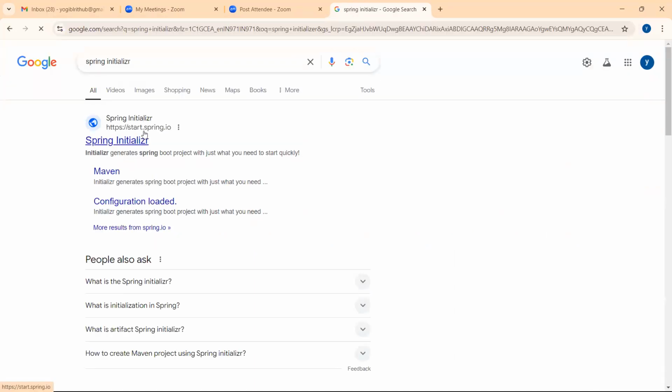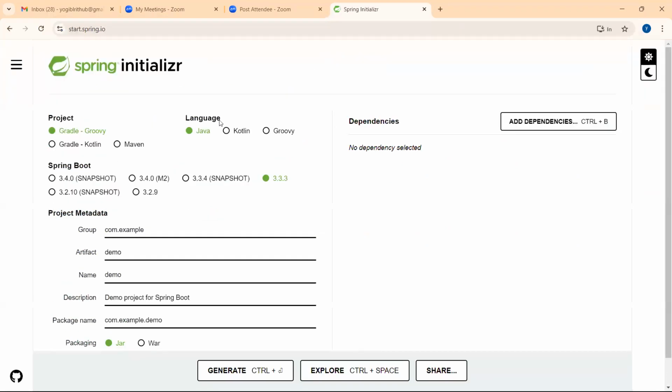See, this is the starter Spring.io. If you want to create your own Spring Boot application, you can use Groovy or Kotlin Maven. Maven is the build tool and language is Java. Your Spring Boot version 3.3.1.3, and your package name may be